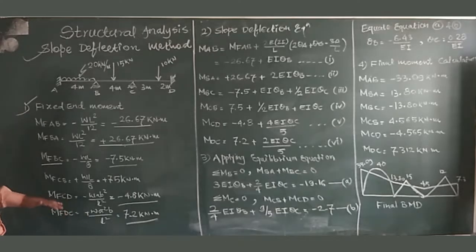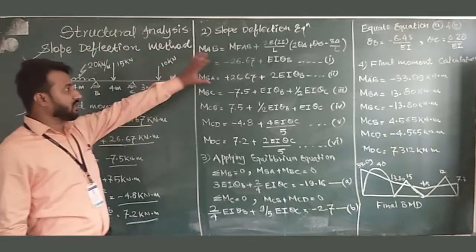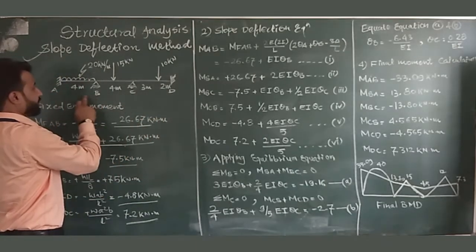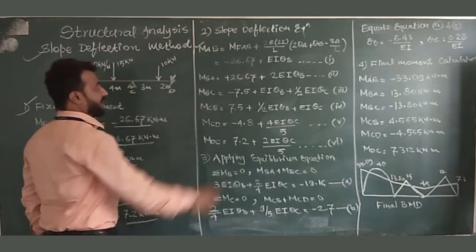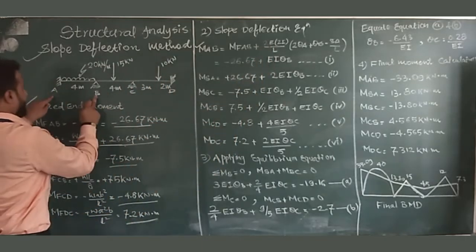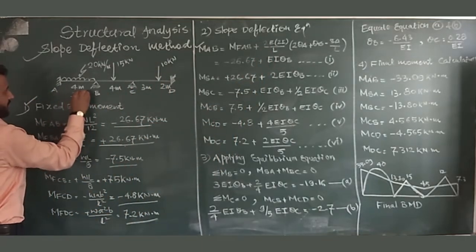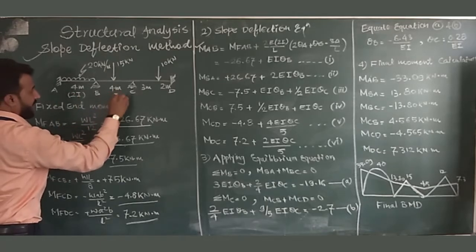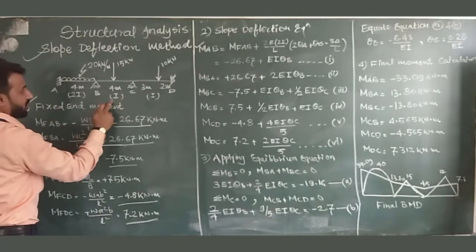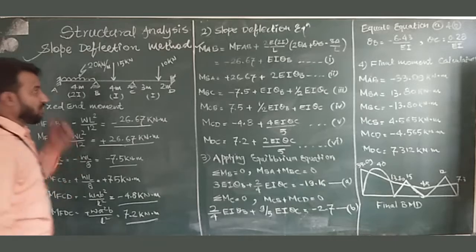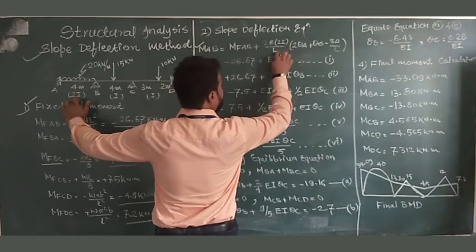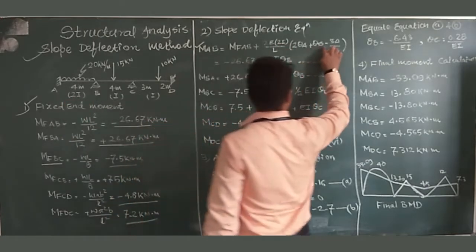Now after calculating these fixed end moments, we will write the slope deflection equation for each member. For AB, we have moment AB, having the equation fixed end moment AB plus 2E, and the value of I here is 2I. Sorry, I forgot to write this value of I here. Member AB is having 2I, member BC is having 1I, and member CD is having again I. So if you put this 2I here, this will be 2E into 2I divided by L into 2 theta A plus theta B minus 3 delta by L.